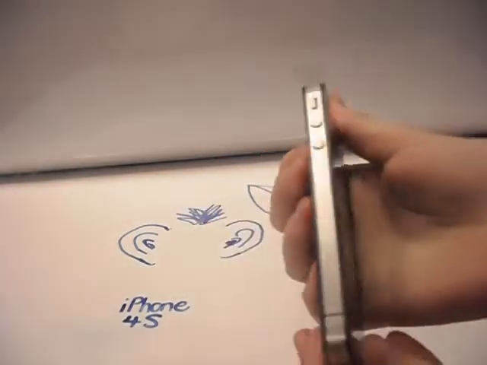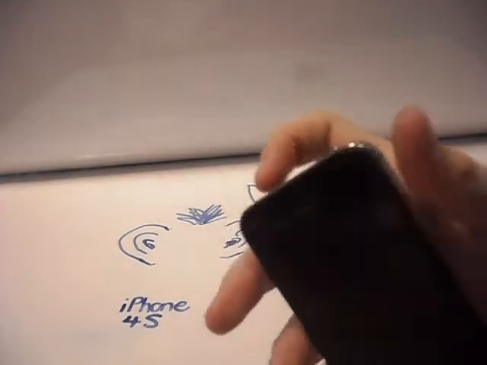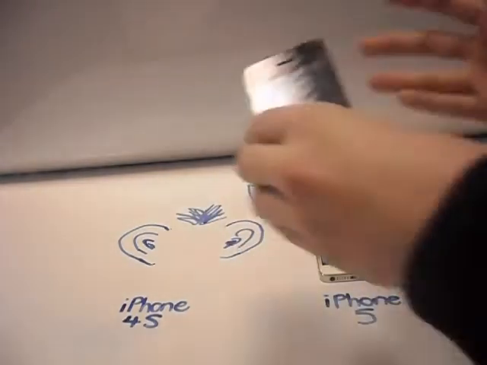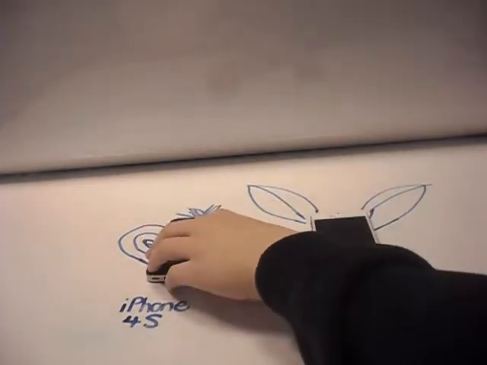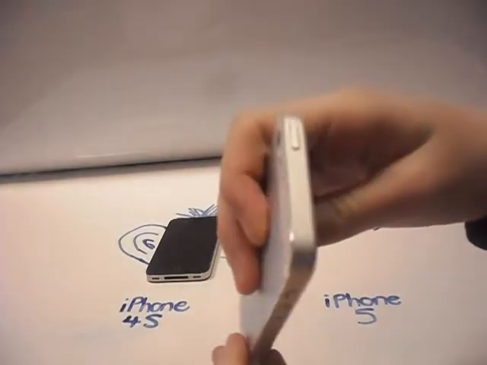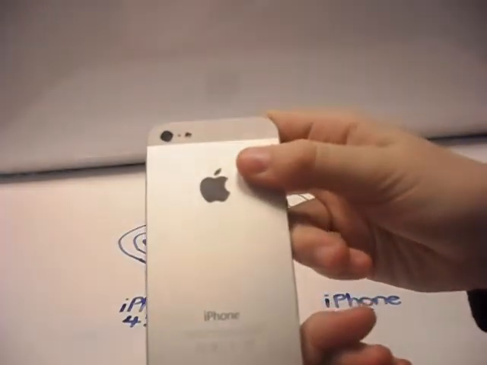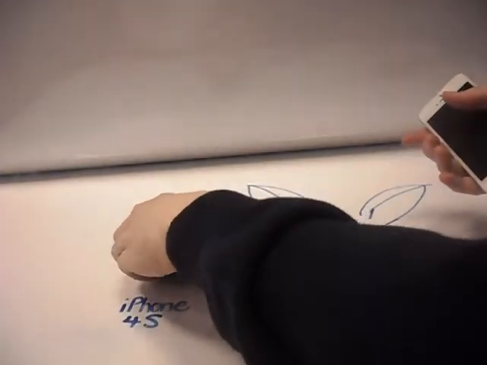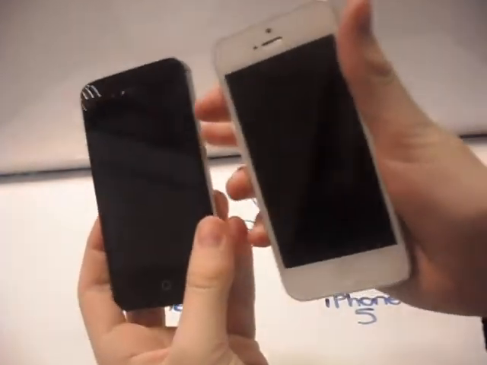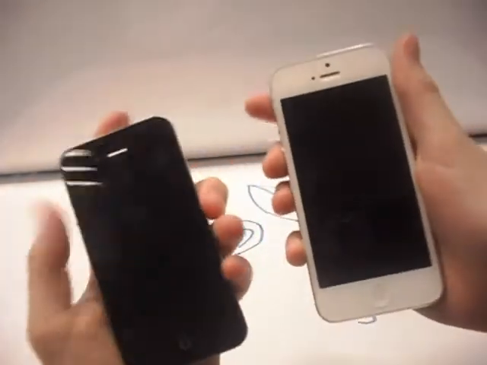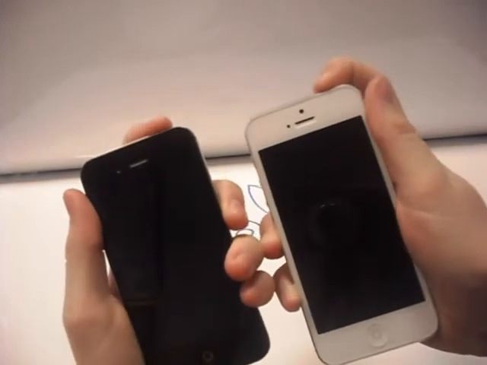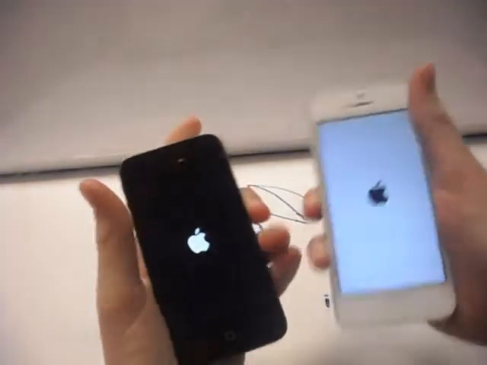This phone has a dual-core 1 GHz Cortex CPU, unlike the iPhone 5, which has a dual-core 1.3 GHz Swift CPU. This means that the iPhone 5 is quicker, although they can both do two instructions at once, as they are dual-core processors. As you can see, when turning both phones on,